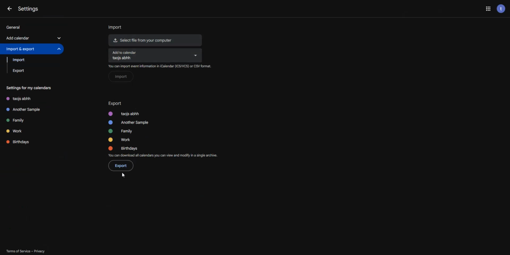Click Import to begin. Google Calendar will process the file and show a confirmation message when the events have been added. The time this takes can vary depending on the size of your .ics file, so give it a moment if you have a lot of events. That's it. You've successfully exported your Google